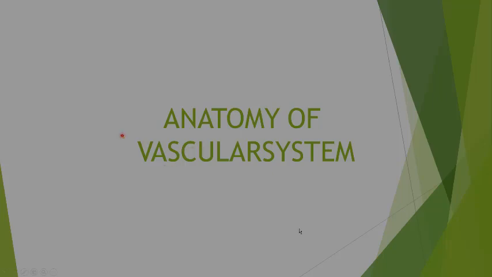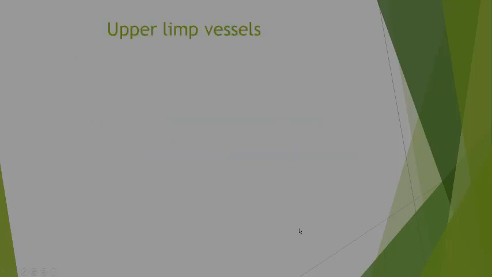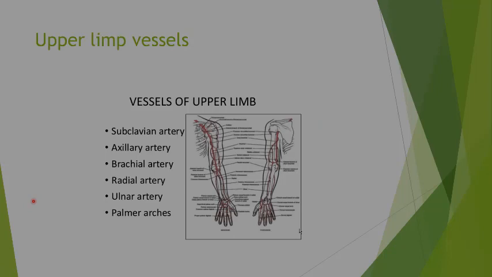Now we are going to look at the anatomy of the vascular system. Let's see the vessels of the upper limb. So the main arteries are the subclavian artery, the axillary artery, the brachial artery, radial artery, ulnar artery, and palmar